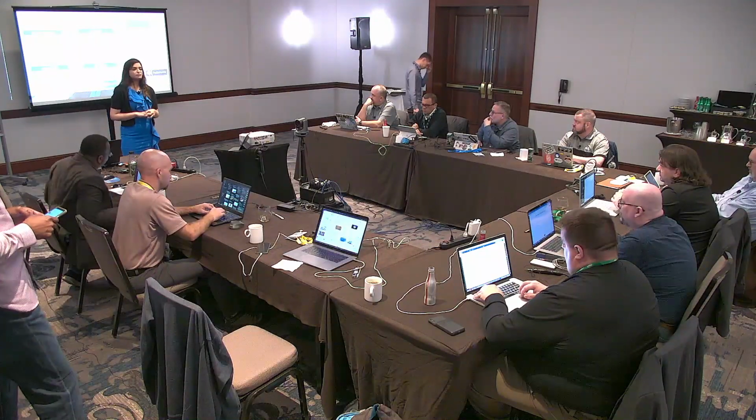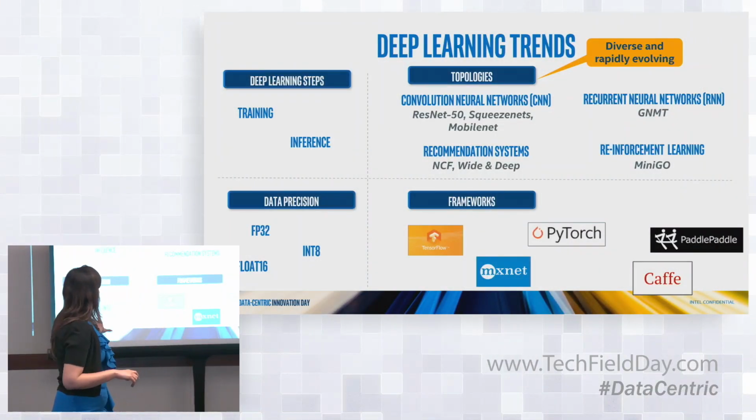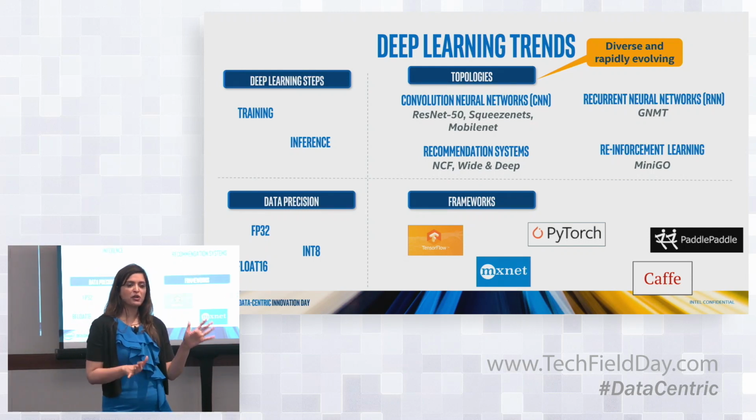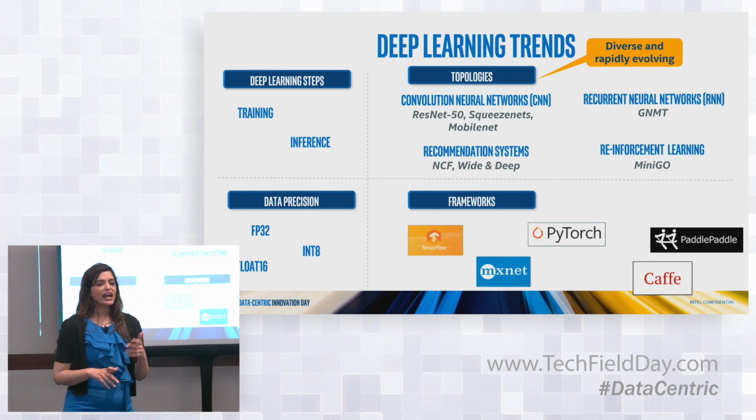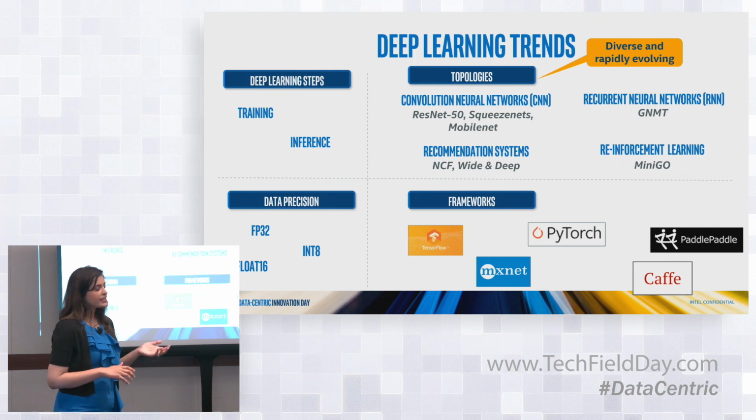Okay. So just wanted to level set a little bit on what the different deep learning trends are and what we'll be talking about. In general, if you've worked in deep learning or read any articles about it, there are two main workloads: training and inference. As Ian pointed out earlier today, we do a lot of Xeon-based training as well. But for the purposes of this discussion, we'll be focused mainly on inference because the instruction that we have optimized is for inference. And the data precision has been something that has been evolving over time.